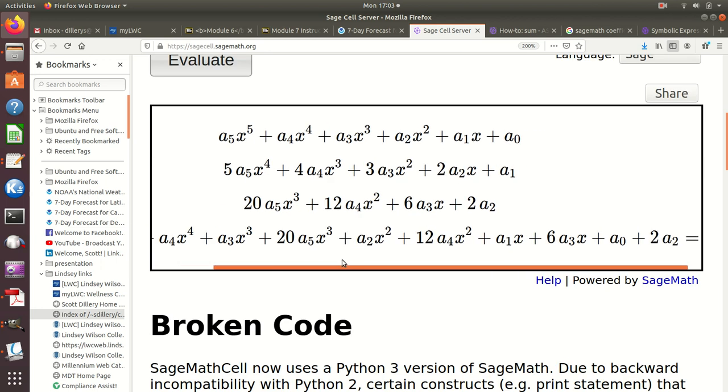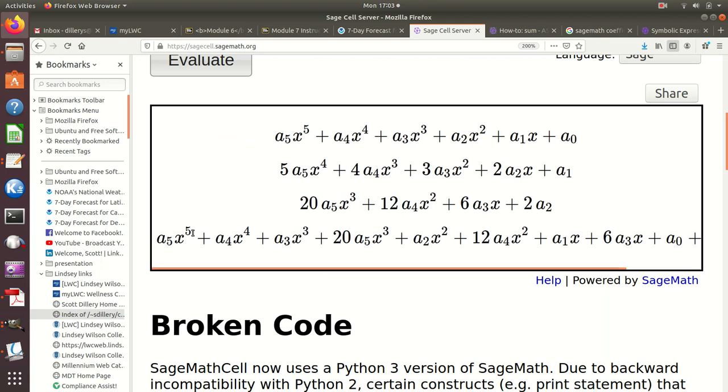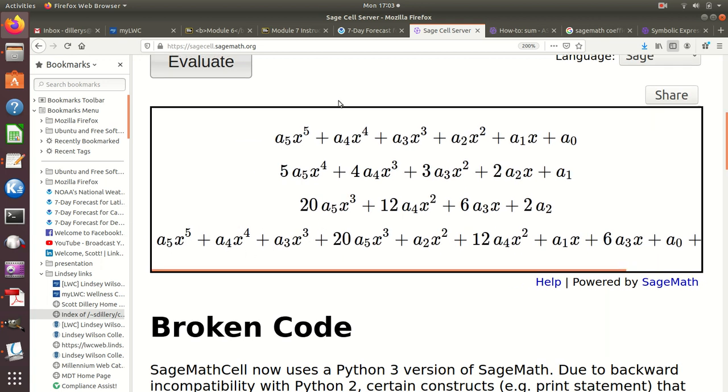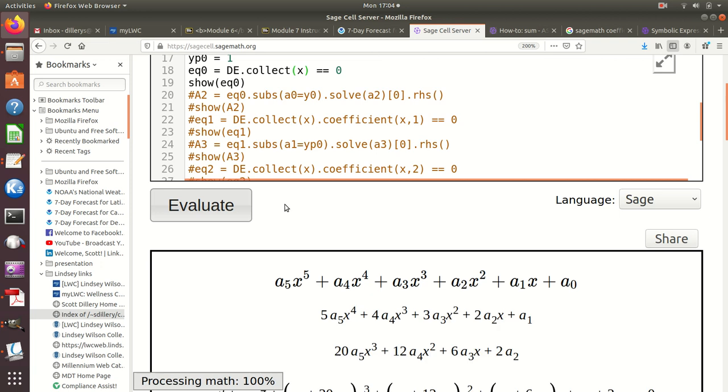I have this thing, and there are some constant terms, the x terms, x squared terms. So it's nice it ordered it well, but it'd be nicer if it collected the terms. And so going back to this, that's where I collect the terms. If I get rid of this coefficient part and I evaluate,